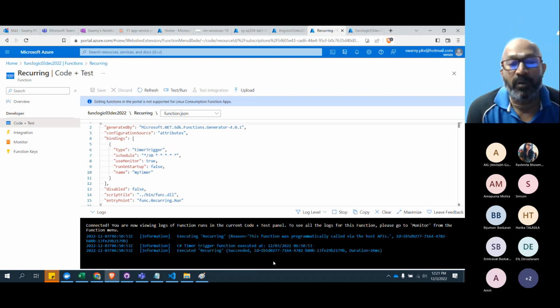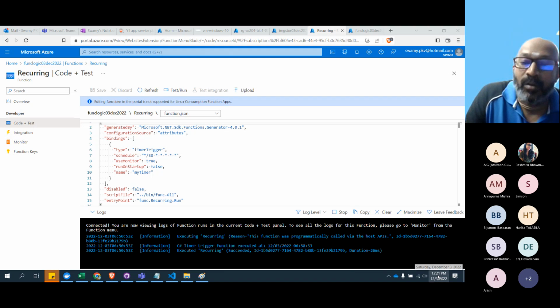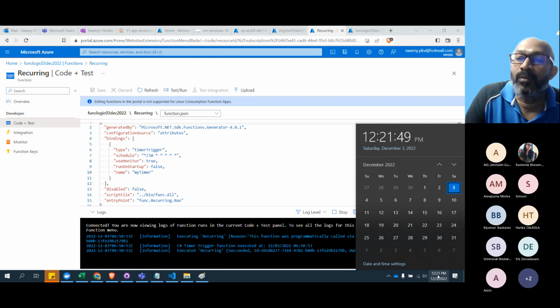That's what I told when we were starting creating the triggered function. I said, how will it work when we are using the consumption plan? It shouldn't. Let's see the documentation also. Maybe they changed something, I don't know. But let's wait for 1 minute. Oh, it's also 30 seconds. It should hit it by this time. Okay, let's count now. Okay, 2, 3. See, it's not hitting. It will not.